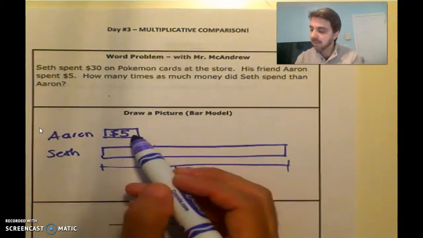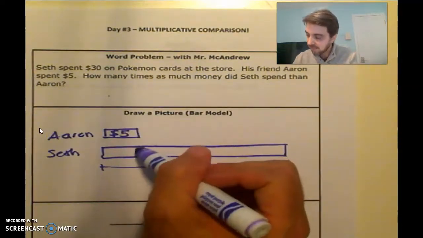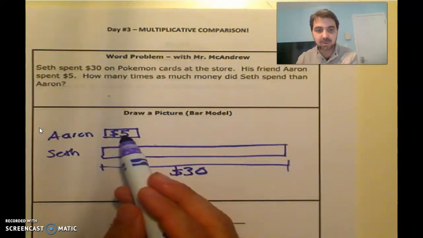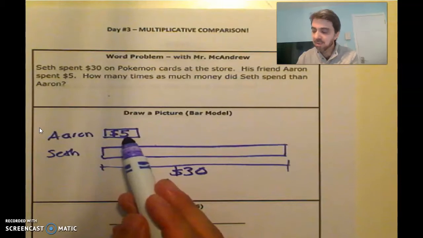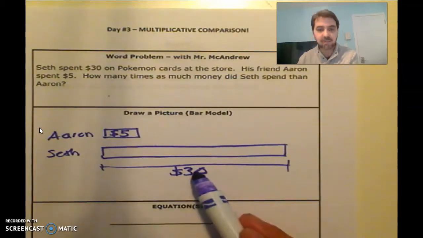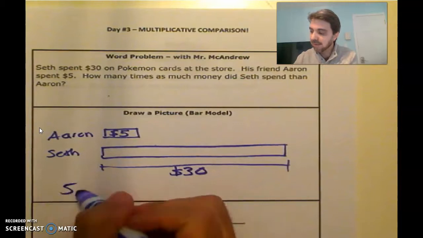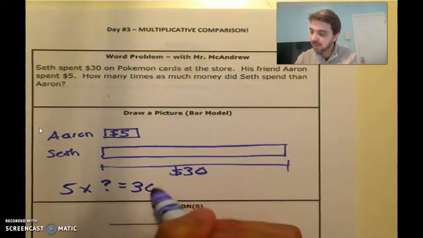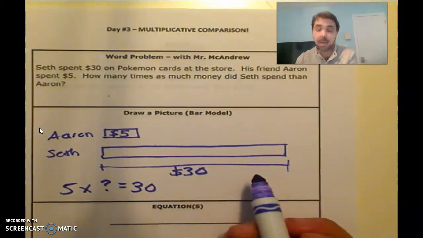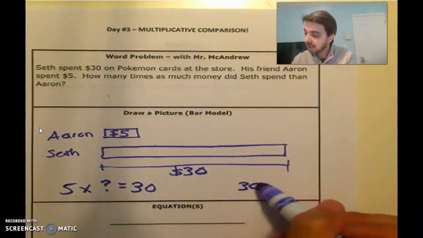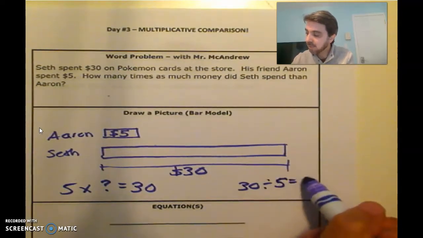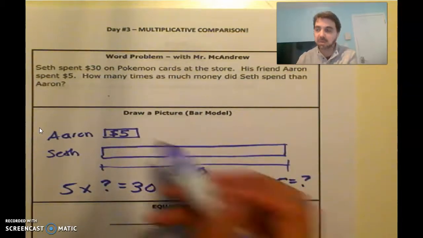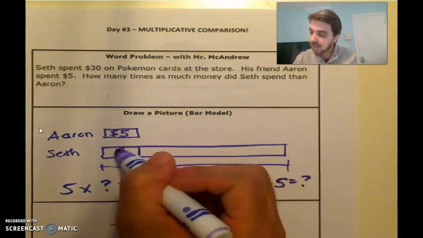So he spent $5. Aaron spent $5. So how many times do we have to multiply 5 by to get to 30? So in other words, 5 times what is going to get us to 30? Or you could think of it as 30 divided by 5 equals what? 30 divided into groups of 5. So we don't know how many groups there are going to be, right? So we know this is, let's say that's 5,